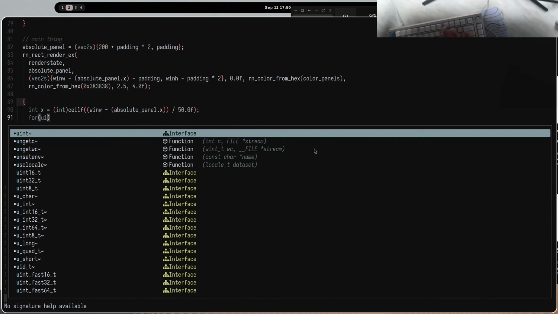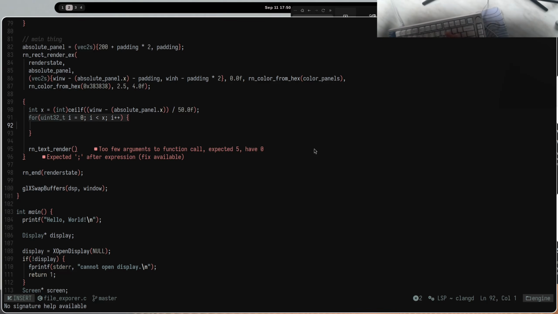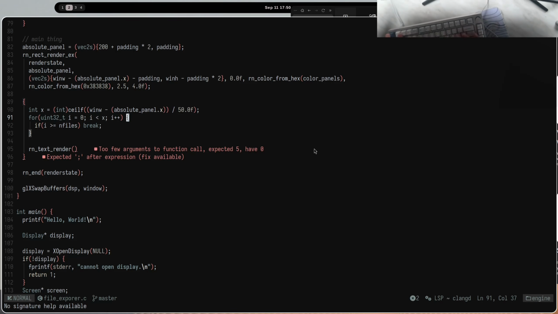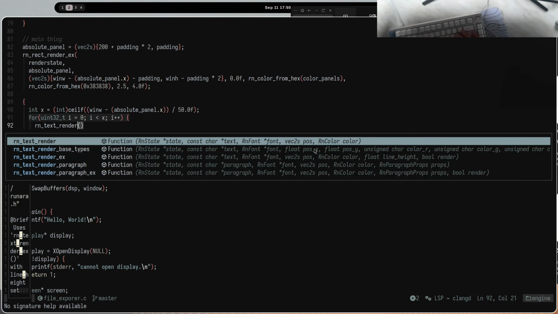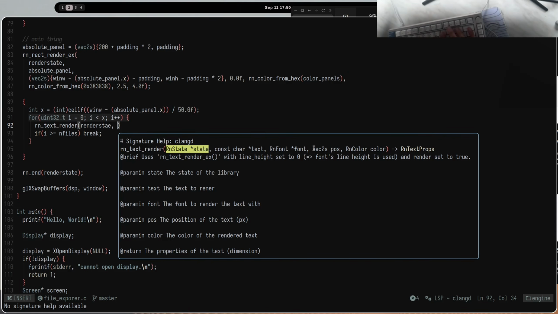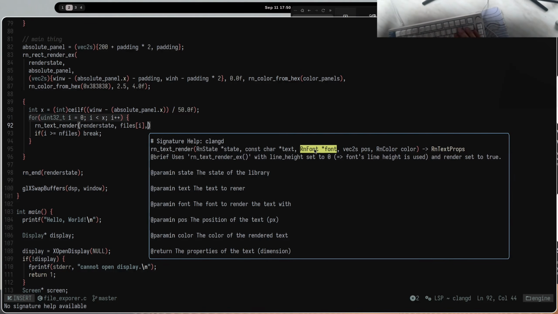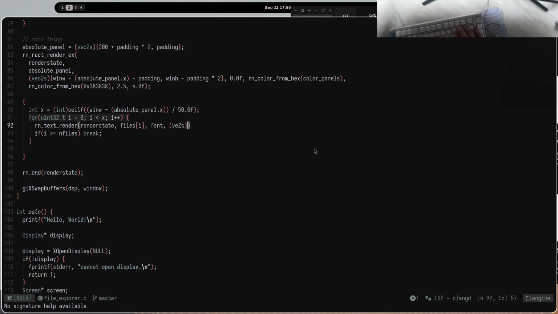Let's just for now render one row or something. So i is less than x, i plus plus, and then we could theoretically do if i is greater than or equal to n files, we break. And here we text render on real estate like that. Text is files at i. Font is font. Pos is